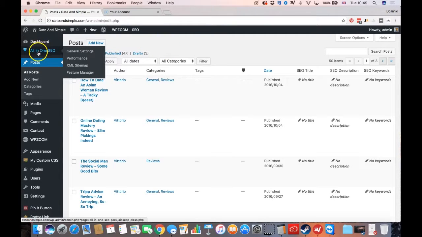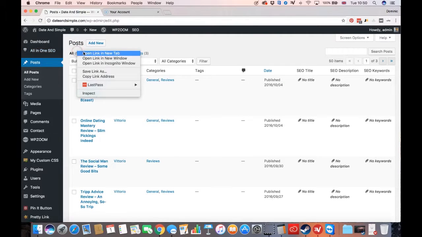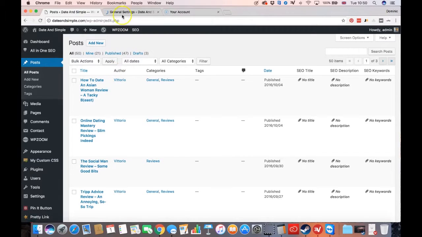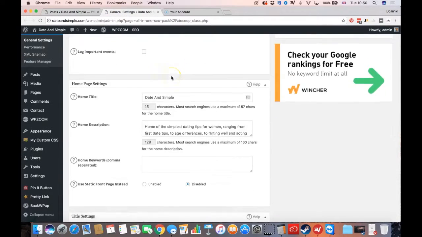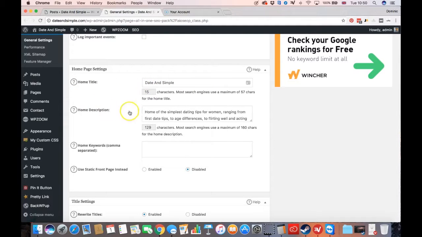So if you look here at All in One SEO, you've got the general settings, the sitemap, and this feature manager lets you turn on other features like sitemap, for example. So we set up your sitemap, and then if we open general settings, we configure all of this for you as well. So that's like the home title, the home description,